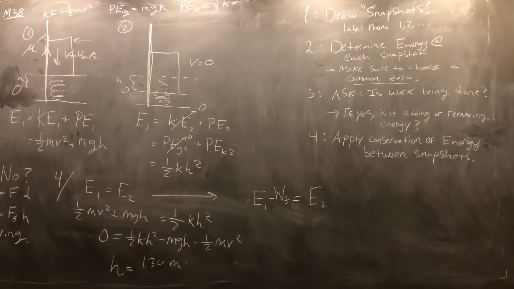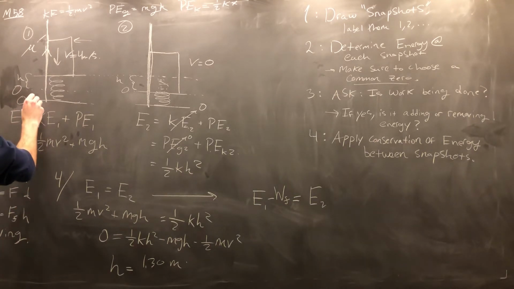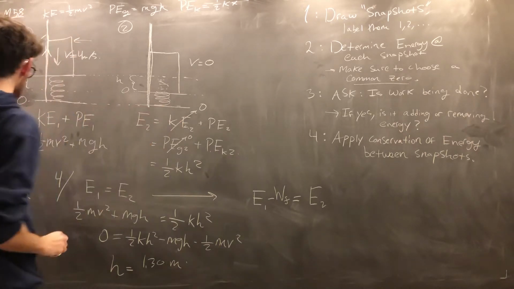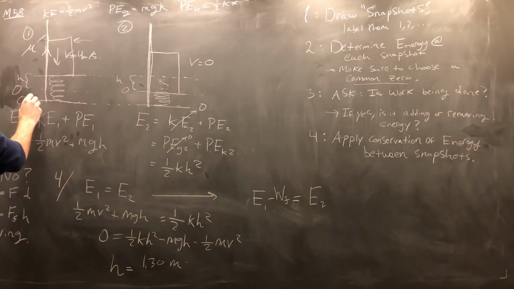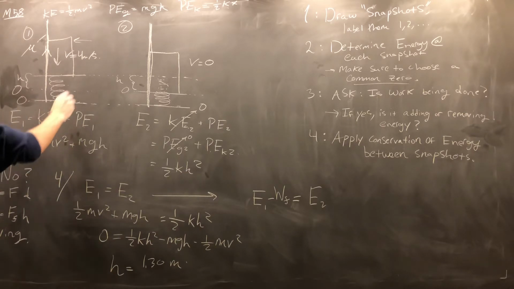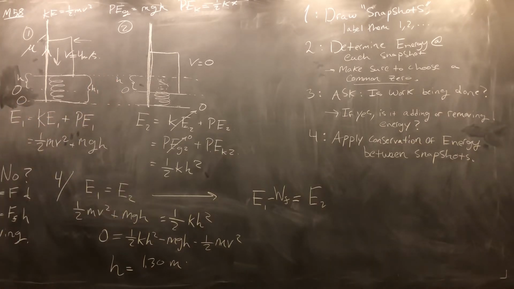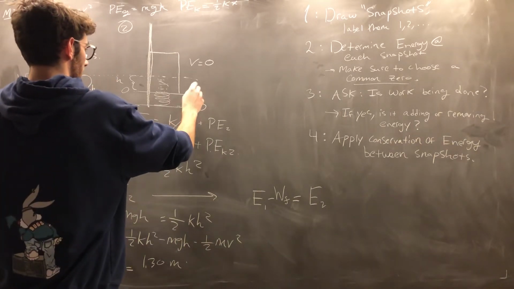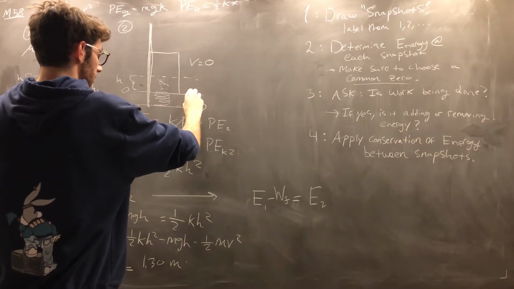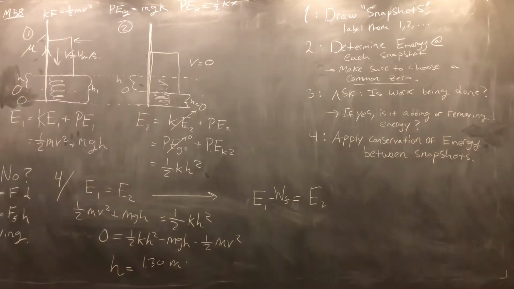And then the last thing I want to say is to go back to this choice of 0. I was dwelling on it a little bit, but I want to show you why it's only differences in energy that matter. So let's go back and say we had chosen this as our 0 point. Okay. Then the height of the elevator at this instant would be this height, call it h1. And then if this was 0, I would call this height, let's say, h2, okay? And then our equations would read,